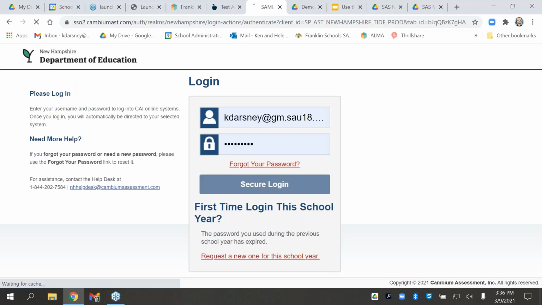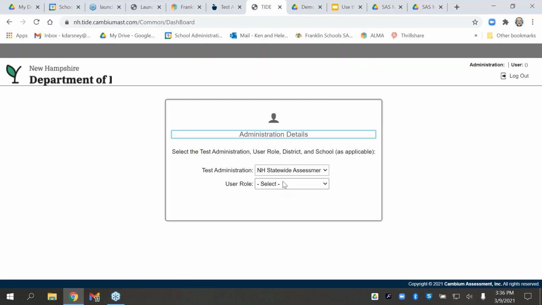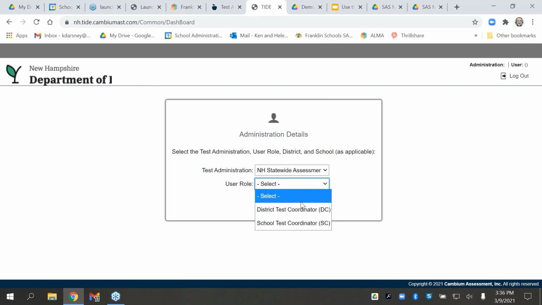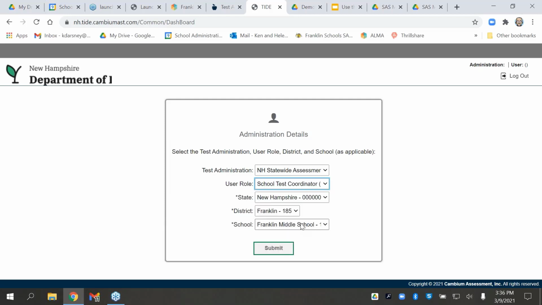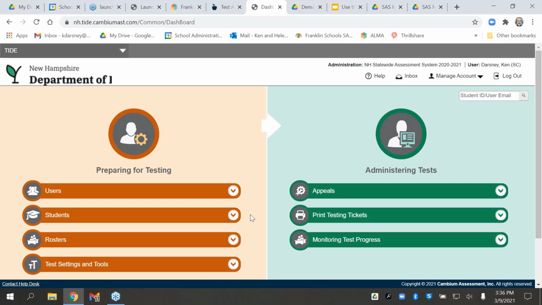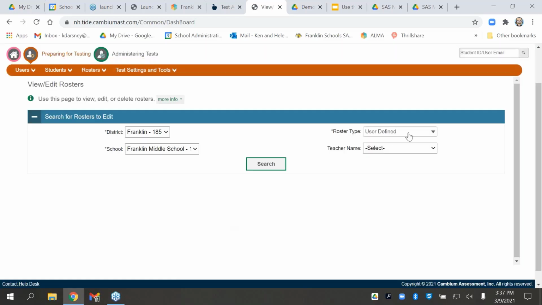I hope that we are confidential and you're not going to look at any kids' names, but oh, really important, folks. All of my teachers are school test coordinators. And the reason I made them test coordinators, especially my special educators, is that trying to give them permissions to navigate around for results of kids that aren't necessarily their kids is really kind of tough. But I do have rosters, and I'll show you my rosters.